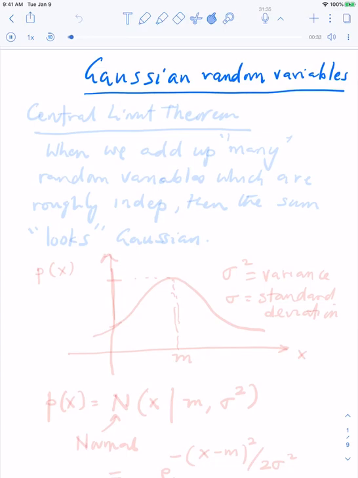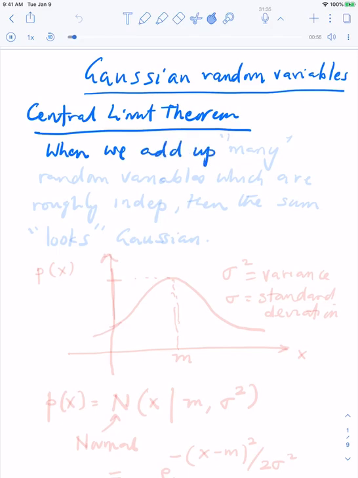The reason that Gaussian random variables arise a lot in practice is because of the central limit theorem, right? So let me just informally state the central limit theorem. Basically it says that when we add up many random variables which are roughly independent, again, I'm stating it very, very informally, roughly independent,